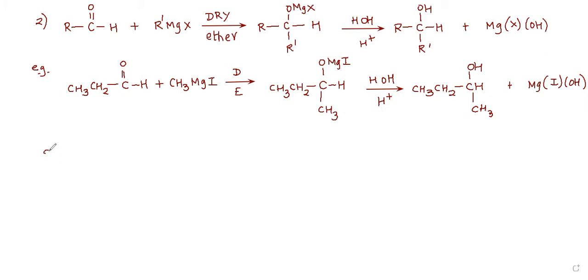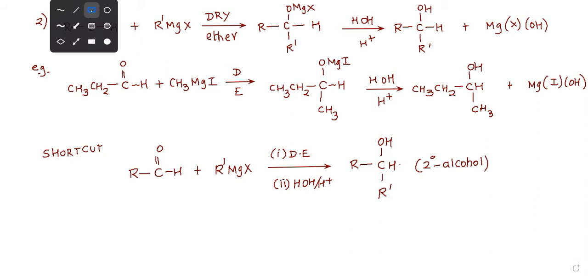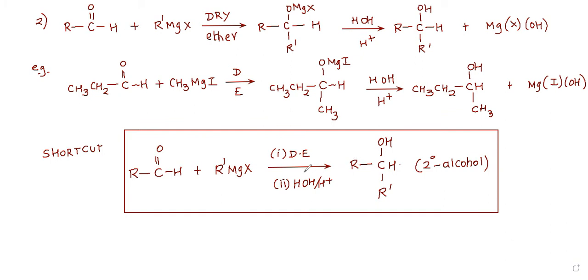Very easy shortcut. अभी आप लोग shortcut शायद मुझे आप बता सकते हैं if you see this. If I take RCHO and treat it with some Grignard. First step dry ether. Second step acidulated water. So what is the final product we should get? RCHR dash and on top OH. And if you observe, this is a secondary alcohol. Secondary alcohol. Those who want to take a screenshot quickly.